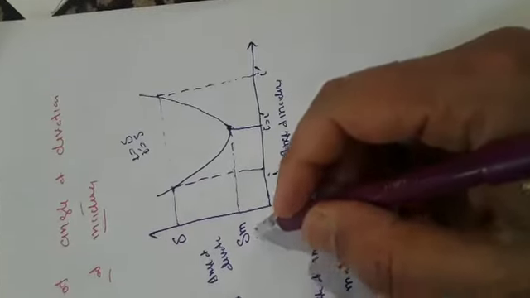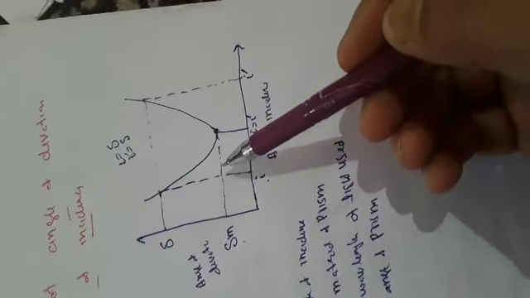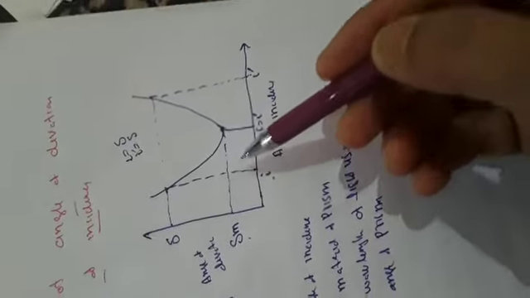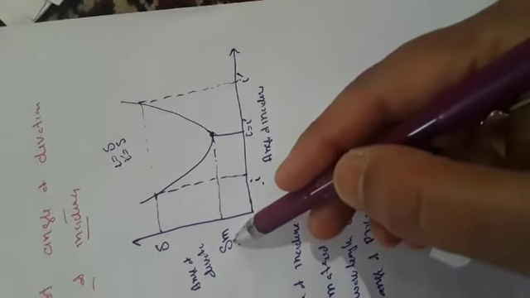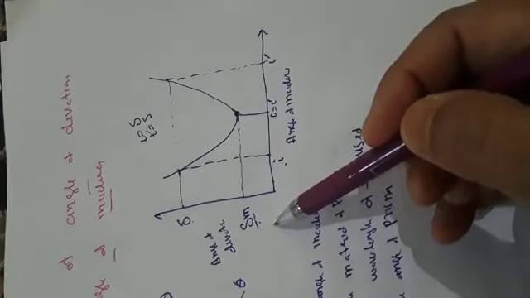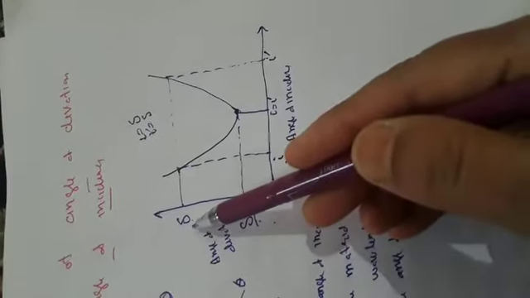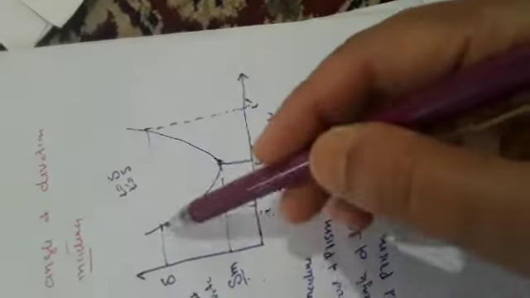This figure shows the variation of angle of deviation with the angle of incidence. It is clear that angle of deviation has a minimum value, this minimum value delta m, for one value of angle of incidence. The minimum value of angle of deviation when a ray of light passes through a prism is called the angle of minimum deviation. This value we will get for two values of angle I. For this angle I here and I dash here, we are getting the same deviation.